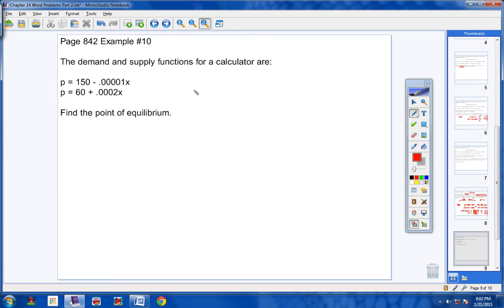Okay, go ahead and write in your notes, page 842, example number 10. The demand and supply functions for a calculator are given, supply and demand. Now, I want you to find the point of equilibrium. So as you're copying this down, listen to me. The point of equilibrium is simply,